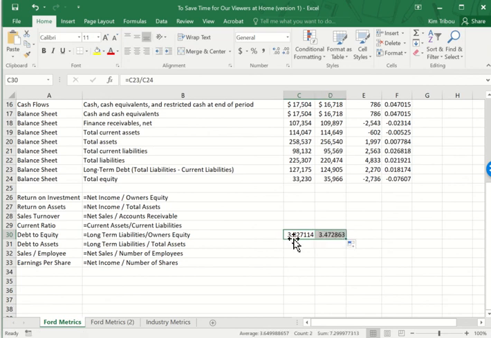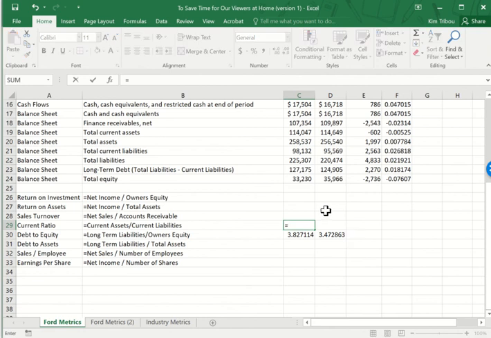the ratio of long-term liabilities to owner's equity is 3.82, which means that there's almost 4 times as much debt financing the company's operations as there is equity, which is indicative of risk, but it also could be standard in the industry. Another common ratio is the current ratio, which is calculated as